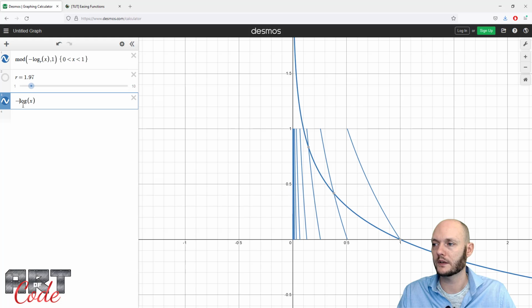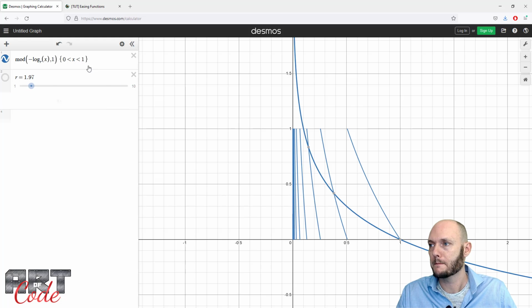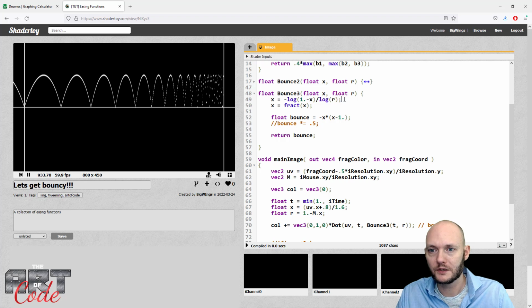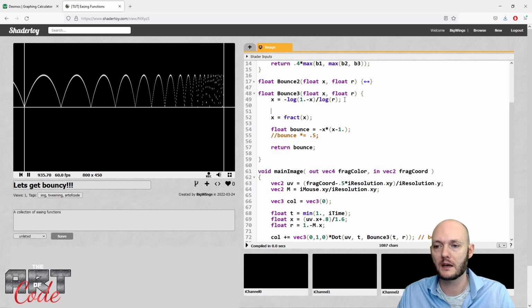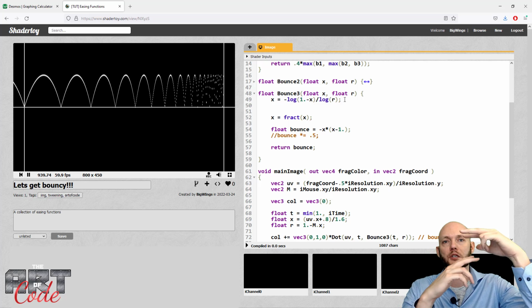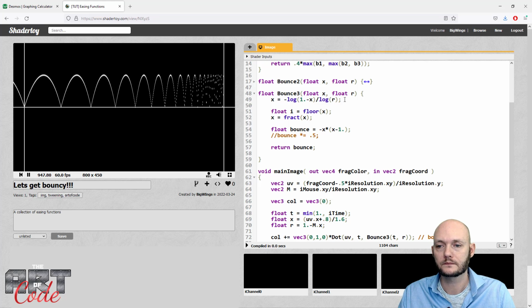So here I have the original function, and then over here I chop it up and move all the parts. But what I can do here before I chop it up, I can figure out between which two integers I am. And to do that, I can just say float i is the floor of x, and that gives